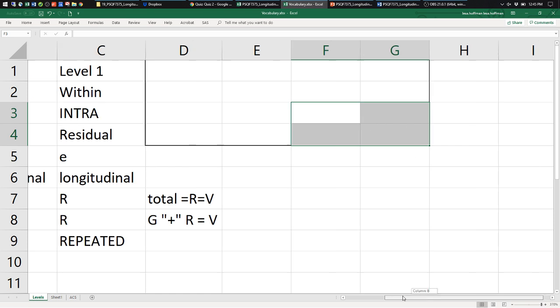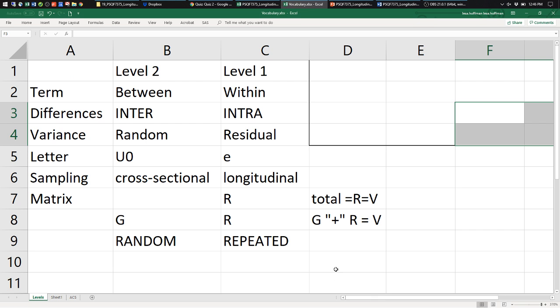Good question. So the compound symmetry model can be specified two equivalent ways. One is just to tell it, I want R that's compound symmetry. That's what we've done so far. The alternative is to say, I'm going to end up with a V that's compound symmetry by putting a random intercept in G and a residual variance that is constant with no covariance in R. It's two different ways to tell it the same thing.